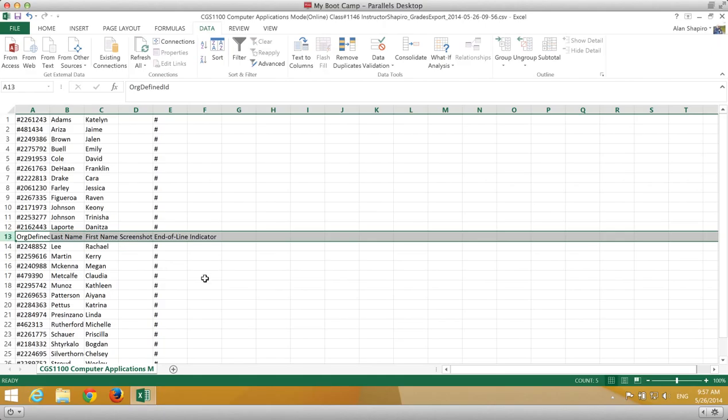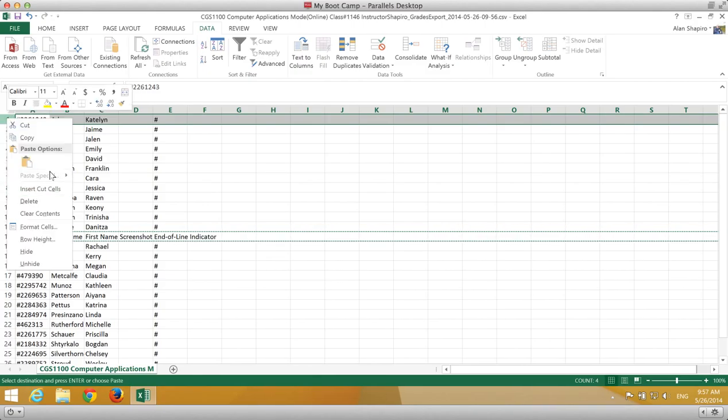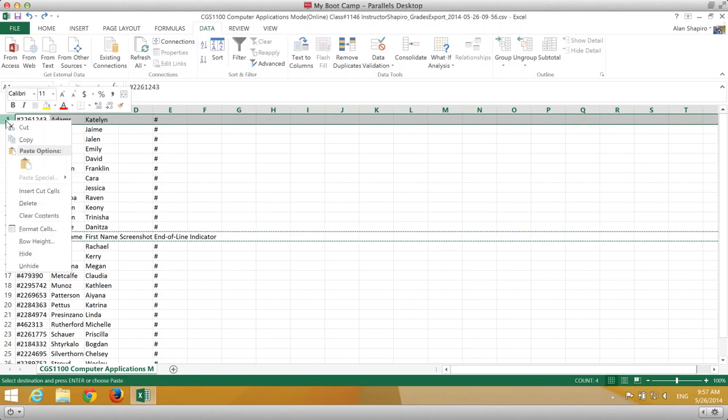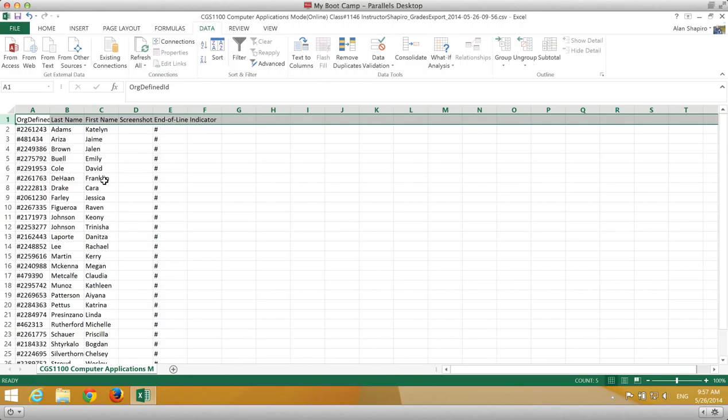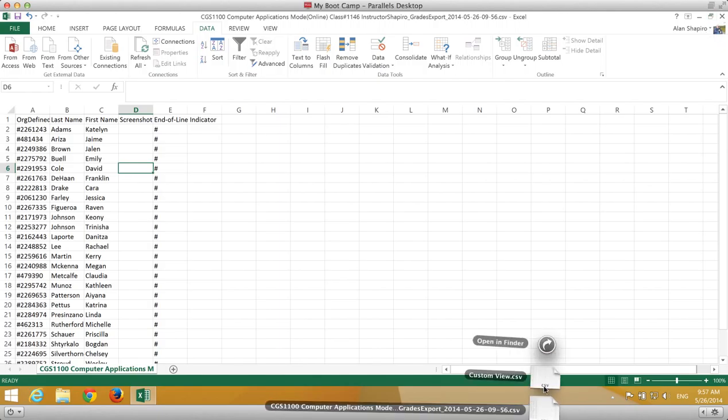And for some reason it did that, so I will cut that and paste here. Didn't do what I need to do. Sorry about this. There it is, insert plus. There we go. So now I have that, and then what I want to do is open up the custom